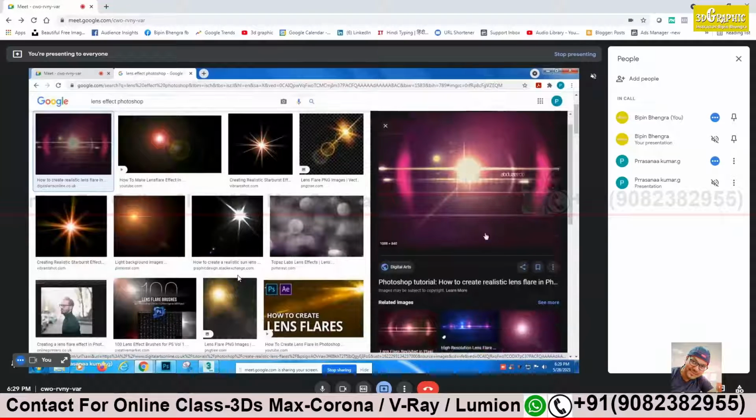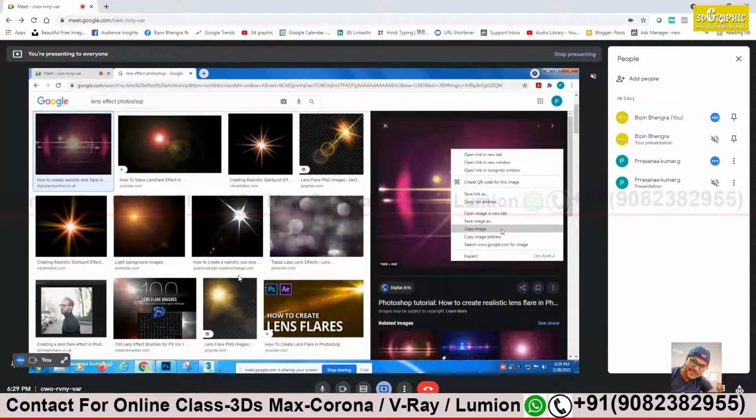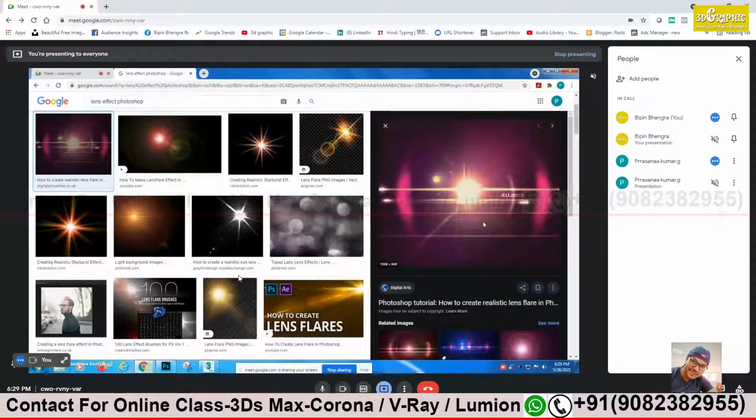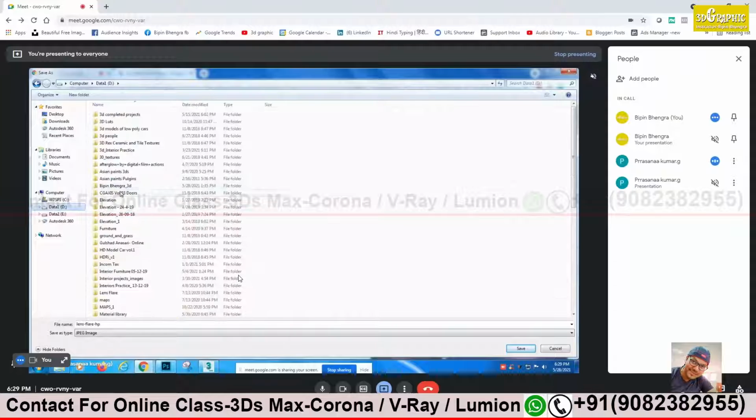Take it. It's okay, we'll mask it out. It's a direct download, sir. Right click and download. Yes, take it. Save image. For the headlight, we need this kind of straight line, straight rays. It should be in JPEG. It is getting downloaded as JPG, fine, no problem. Yeah, JPG will work.